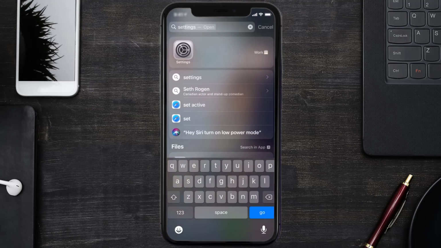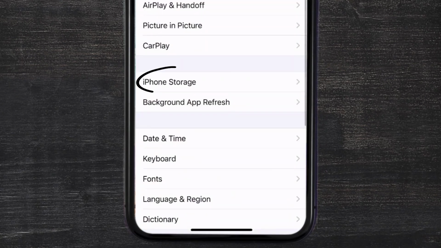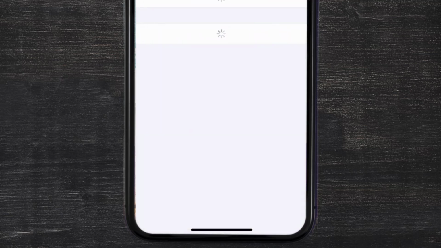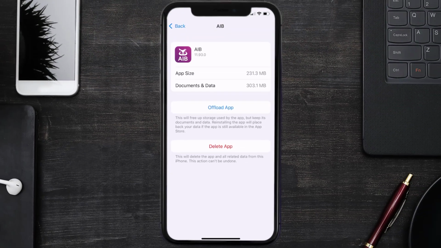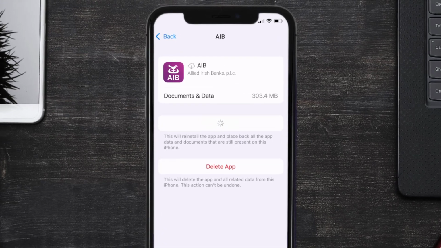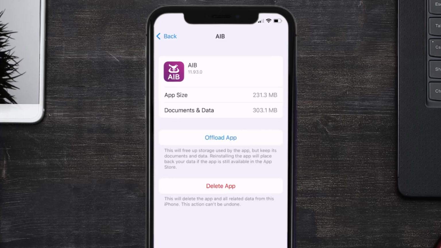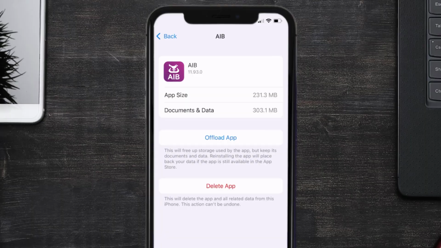Go to your device settings and then scroll all the way down to General and tap on it. Then tap on iPhone storage. From here, search for the AIB mobile app and then tap on it. Once you're on this screen, you need to tap on Offload App. Tap again to confirm. It'll take a bit for processing, and then a reinstall button will show up. Simply tap on it to reinstall the app. This should fix the AIB mobile app loading issue, but if it doesn't, then you need to completely reinstall the